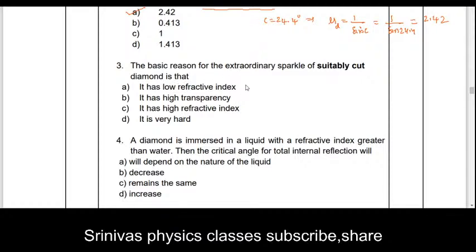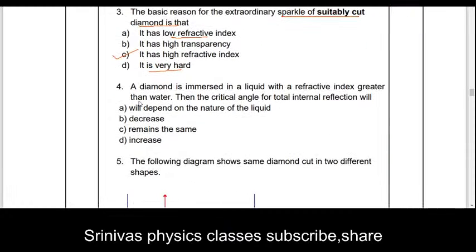The basic reason for the extraordinary sparkle of a suitably cut diamond. What is the reason for the sparkle, brilliance? It has low refractive index. It has high transparency. It has a high refractive index. It is very hard. You see 2.42, it has high refractive index. The answer is option C. Next,